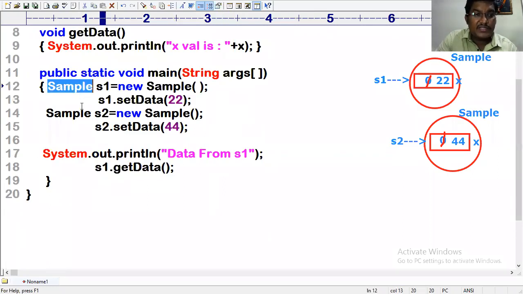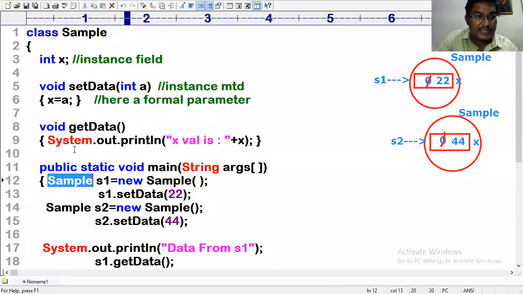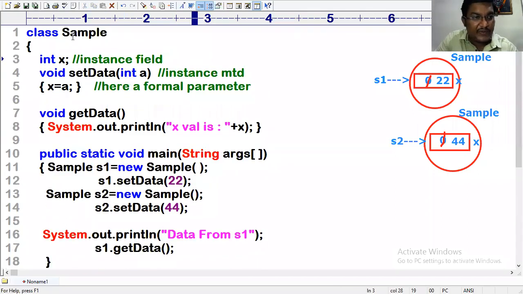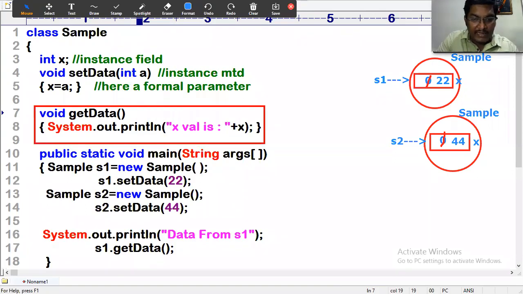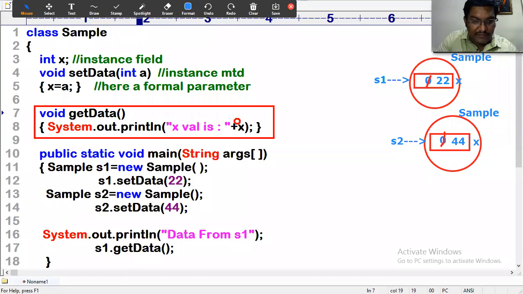Type of S1 is Sample, so it jumps to the Sample class, searching for getData. In getData, we are accessing X. What is that X? This X is an instance, not a local variable.